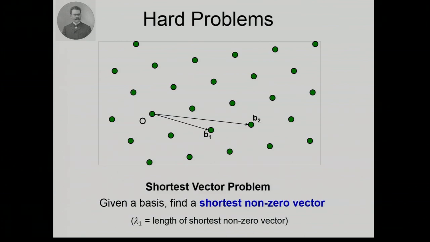The gentleman there, anyone know who that is? The pop quiz, I mean, it looks like any other dude with a mustache, but he's a very eminent mathematician. It is Hermann Minkowski, who really pioneered many of the theorems in mathematics of lattices. So he was interested in this quantity. He proved various bounds on how long the shortest vector can be.